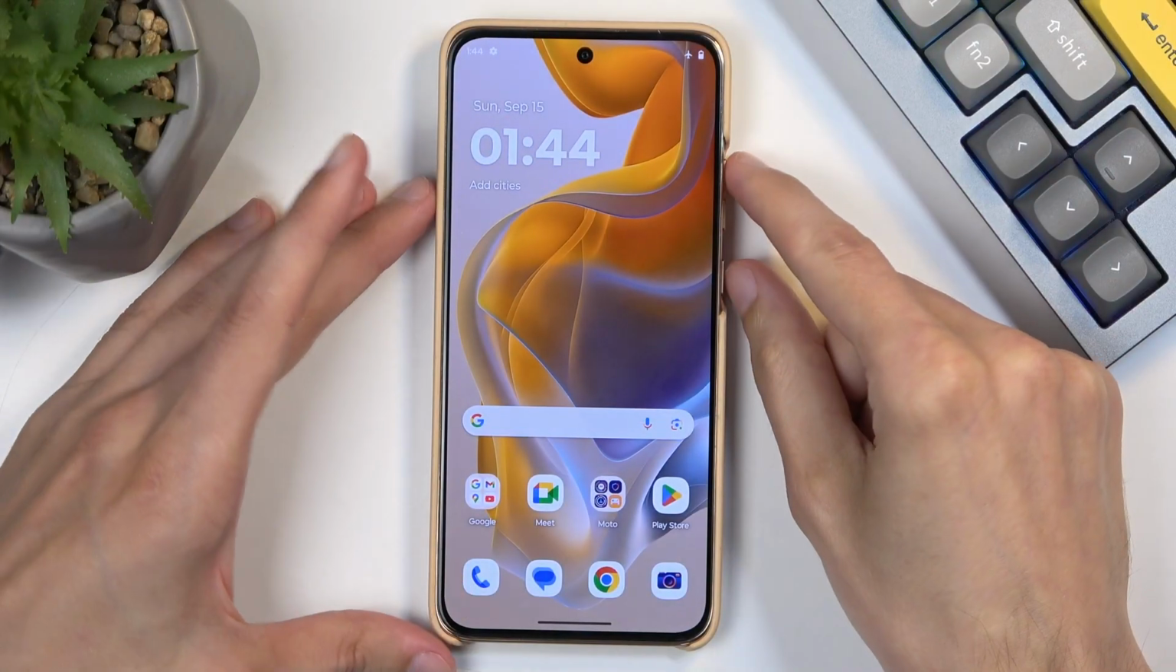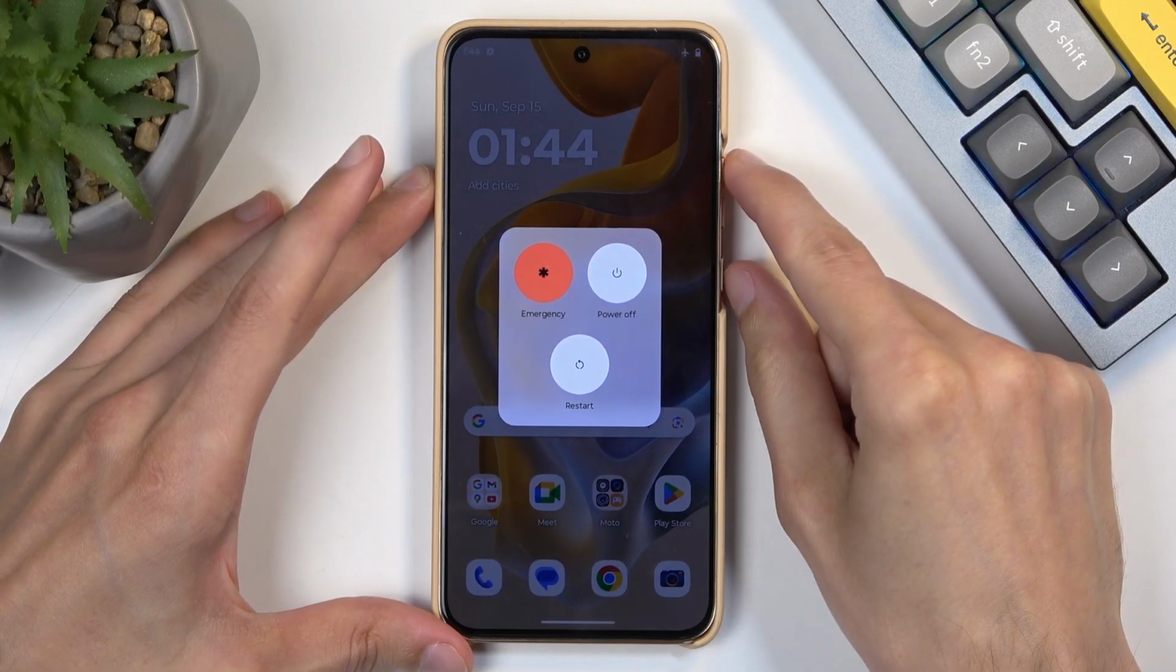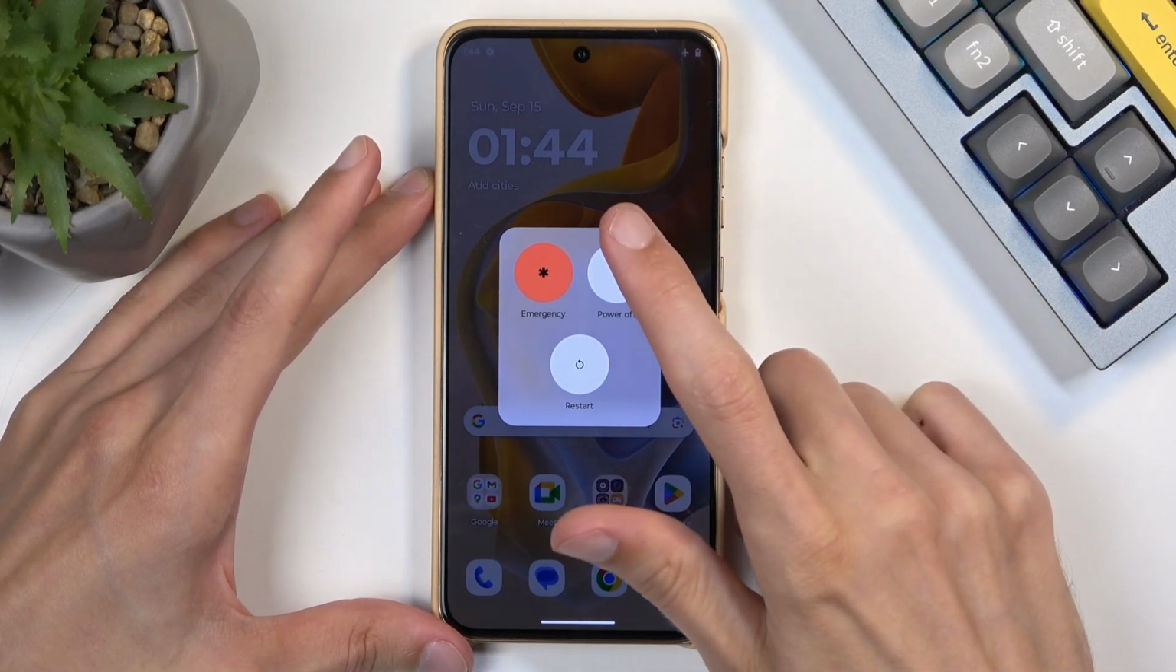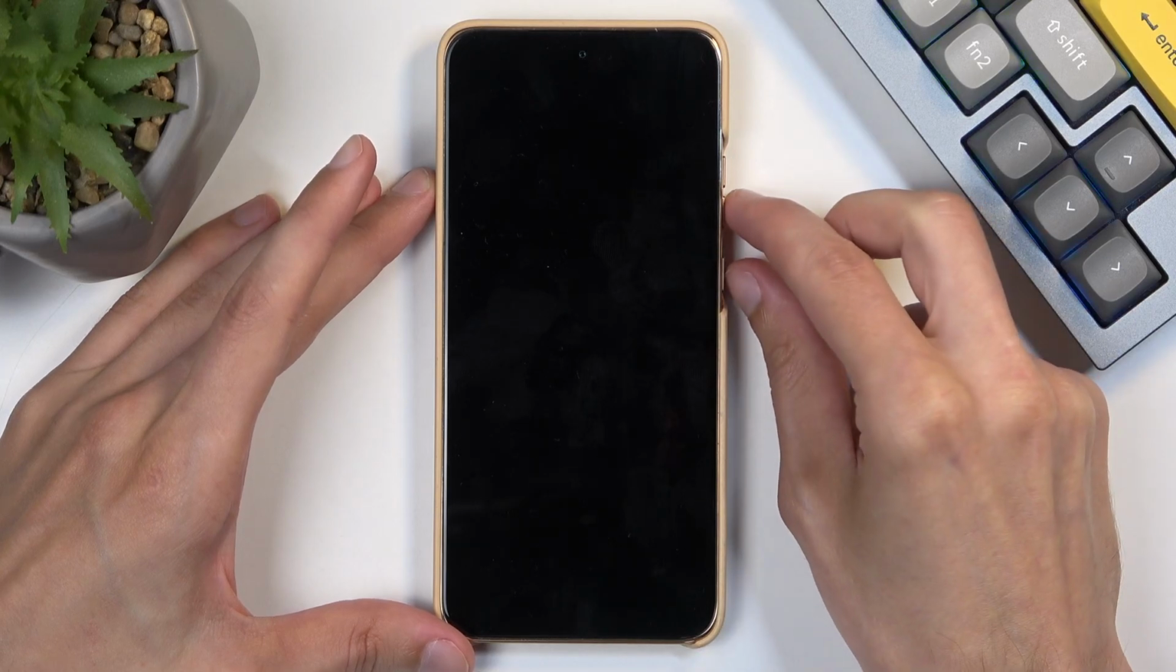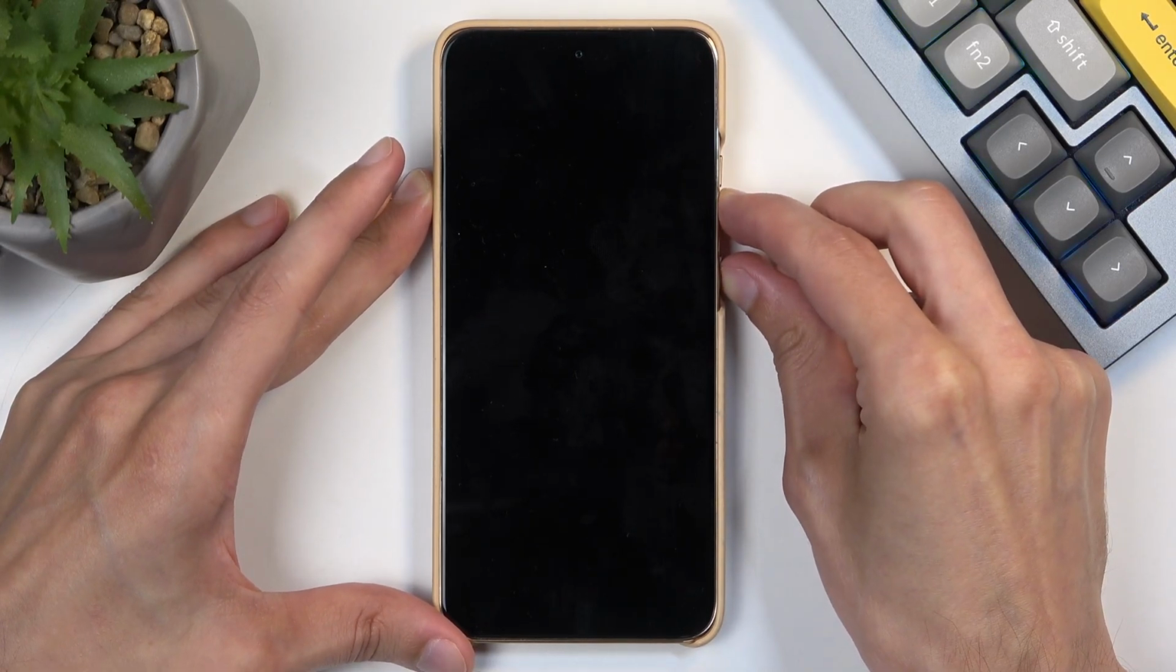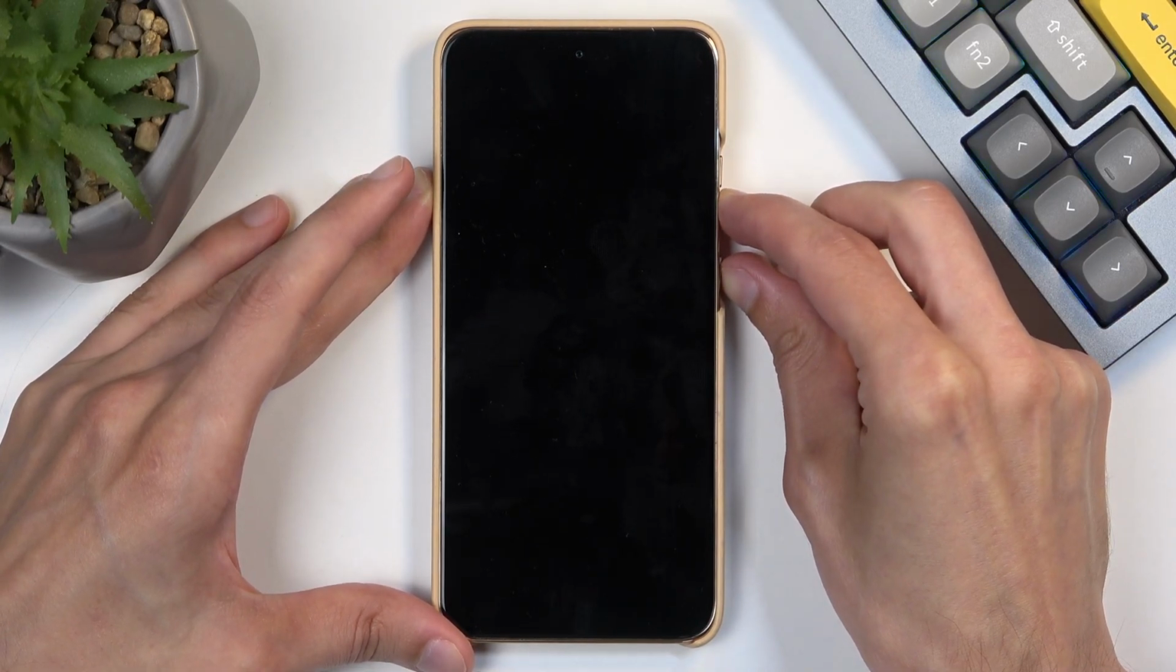To get started, you're gonna hold the power button and volume up at the same time, and from the boot options, press power off. When the device turns off, you wanna hold power button and volume down, and in a moment this will take us to